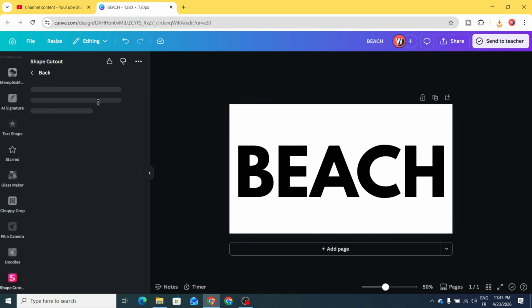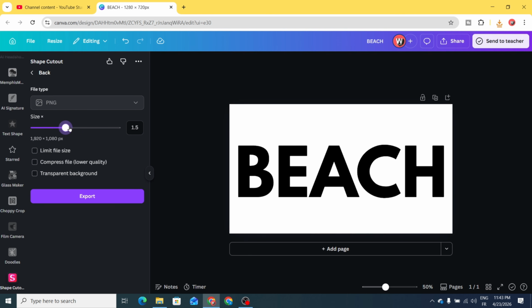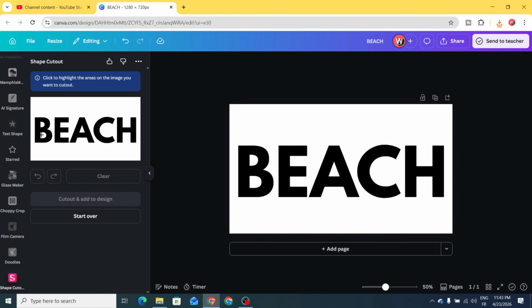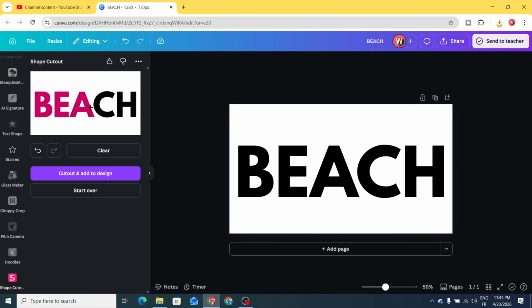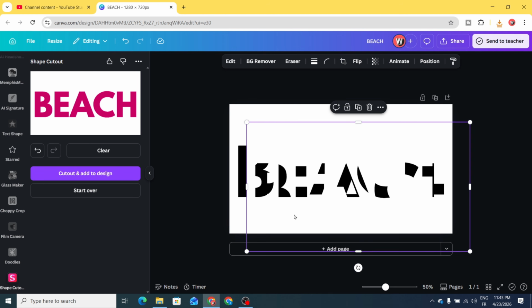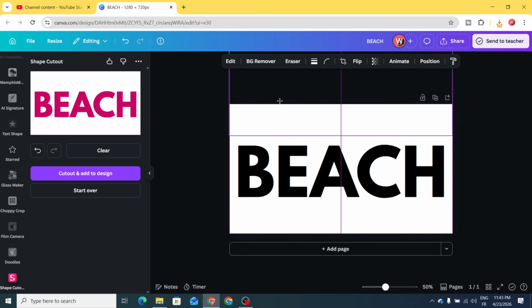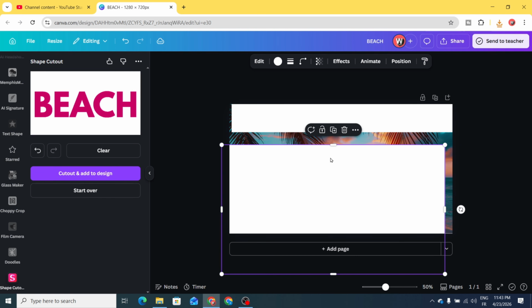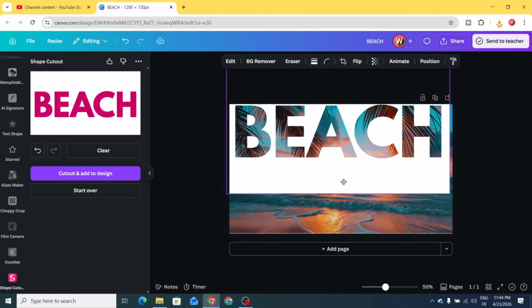click export design. Let's increase the size a little bit, click export and select all the letters, click cutout and add to design. Let's place it in the top, click on the text and click on the white shape, delete as well and